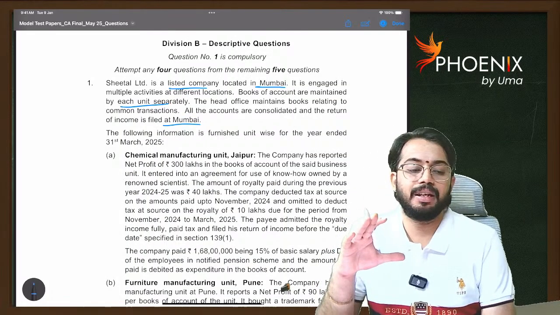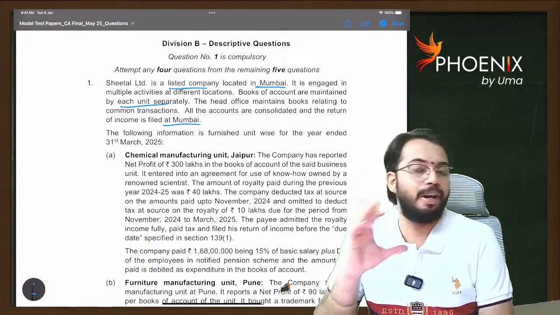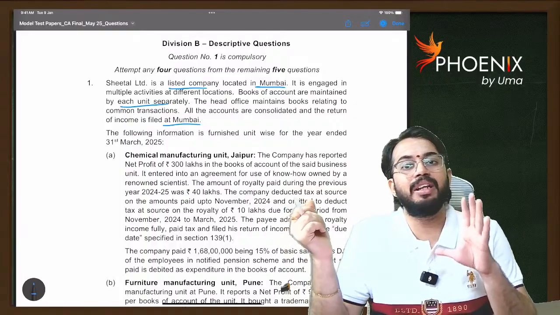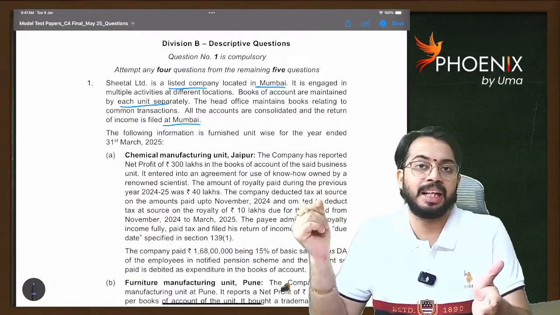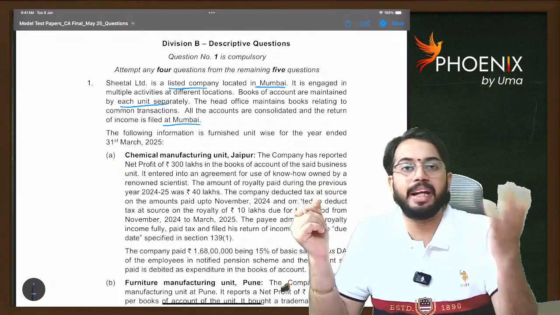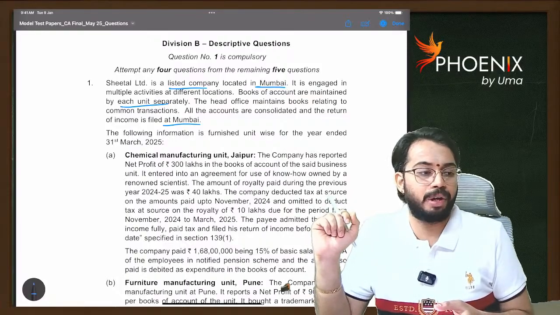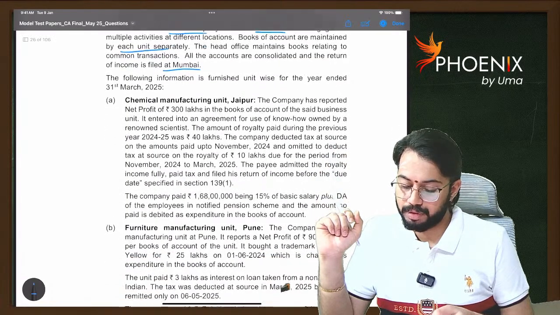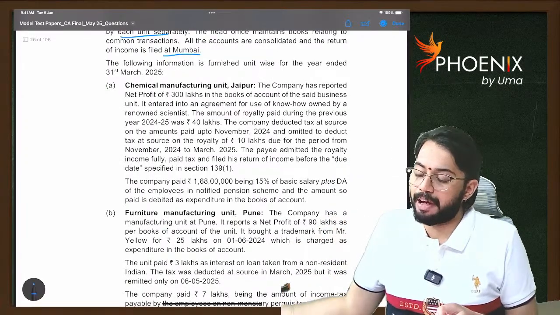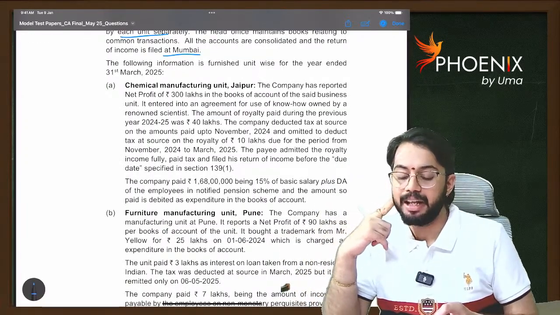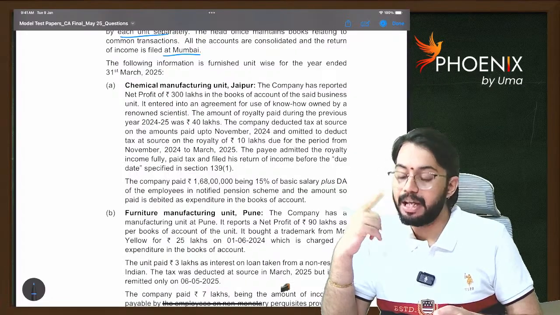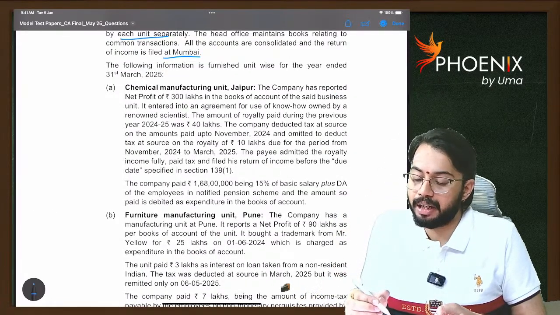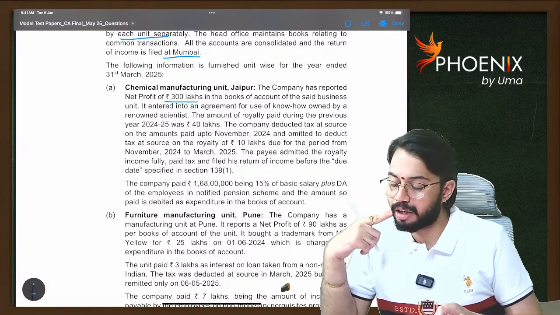So the thing is, in Mumbai, head office is there, branch offices are there across India. But whatever the books of accounts relating to branch offices are there, they are maintained at respective branch offices. Okay. The following information is furnished unit-wise for the year ended 31st March 2025. Chemical Manufacturing Unit, Jaipur: the company has reported net profit of 300 lakhs in books of accounts of the said